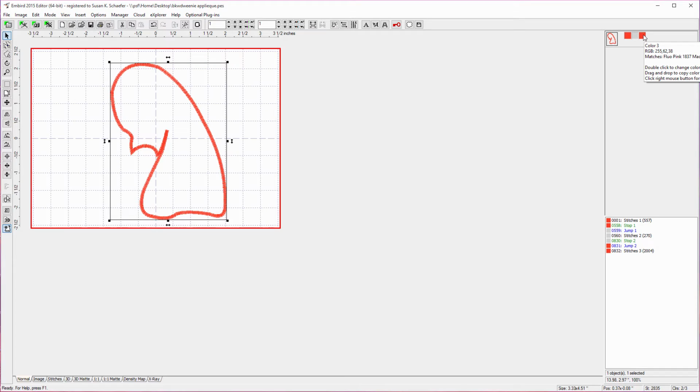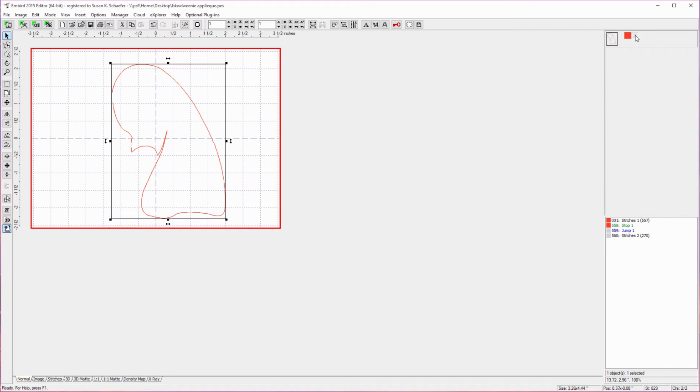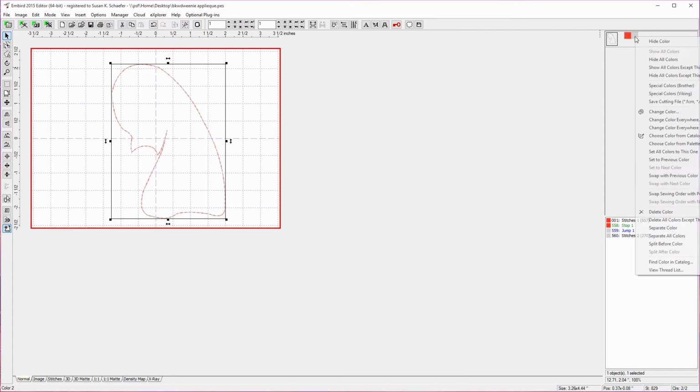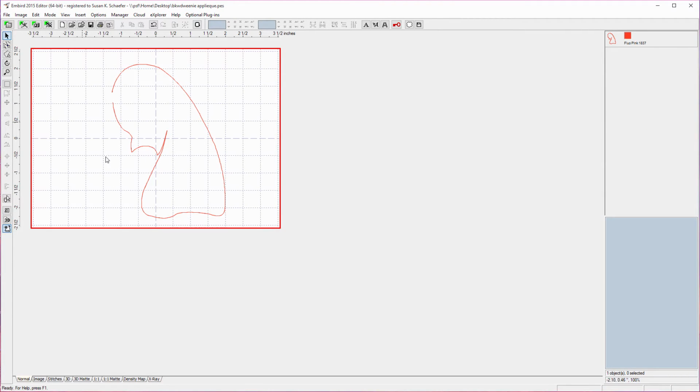So that one is the Satin Stitch, and that would, like I said, normally be brown, but I just wanted to highlight the applique part for you. So we don't need the Satin Stitch. We don't need to cut out of the Satin Stitch. And what is this one? Okay, so it goes die line, tack down, satin. So this gray one is the satin, or the tack down, and we don't want that, so we're going to delete it. Now what we're left with is this die line stitch,